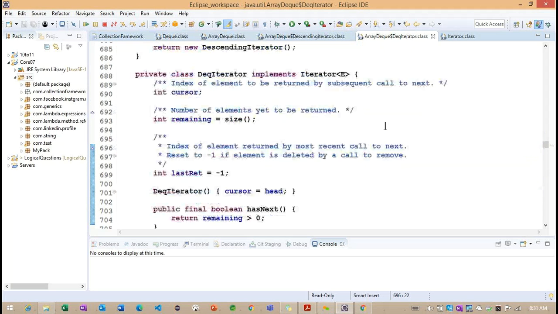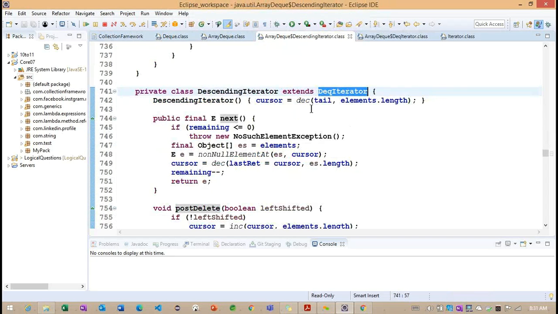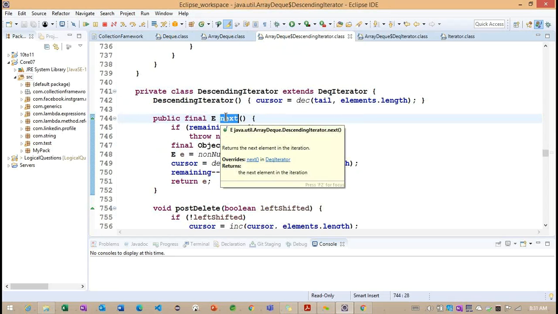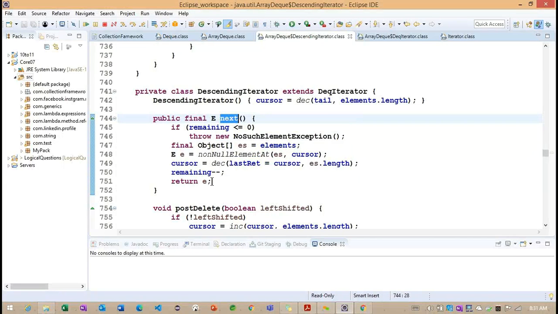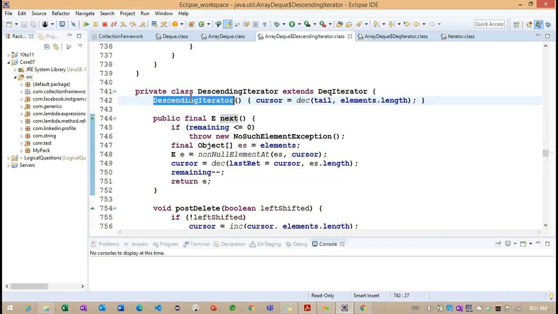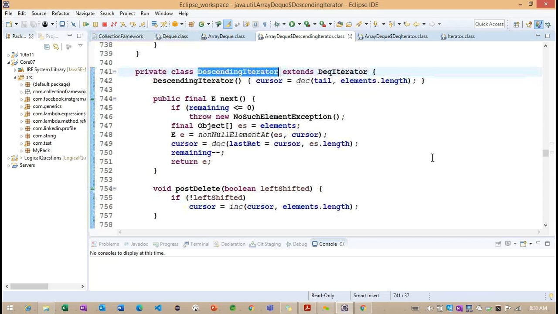Now we understand how the DQ iterator is implemented. Next we need to go to the descending iterator. Again, inside this descending iterator they implemented the next method, and this is the constructor of the descending iterator.